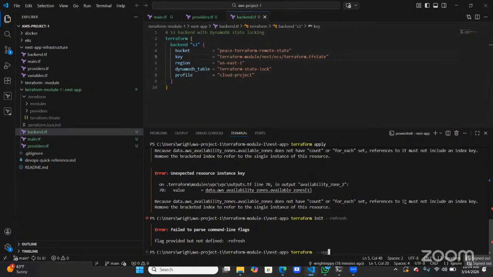Let me just look it up. It's upgrade: Terraform init dash upgrade. Just dash upgrade, not dash dash.